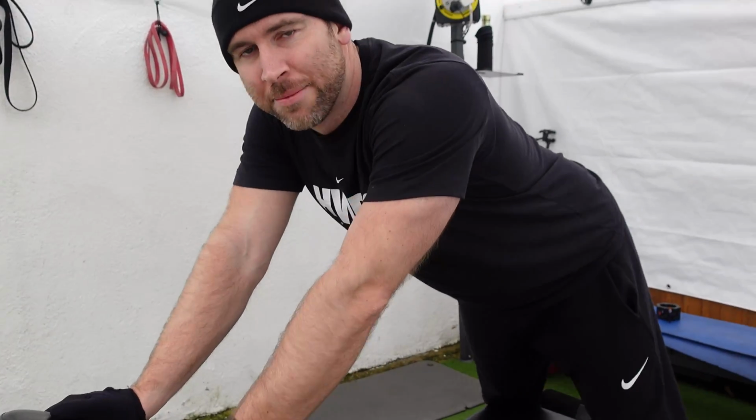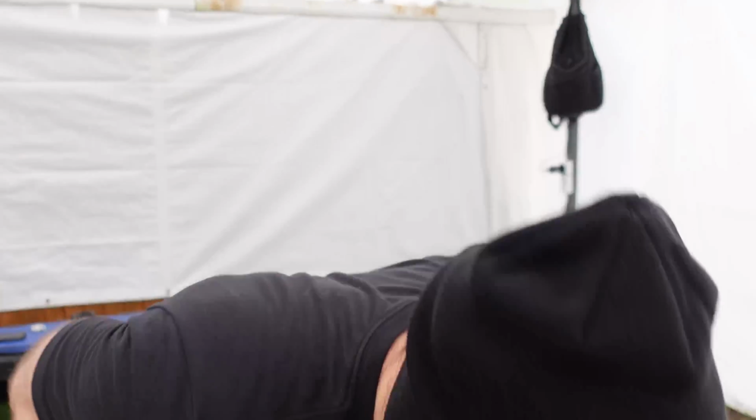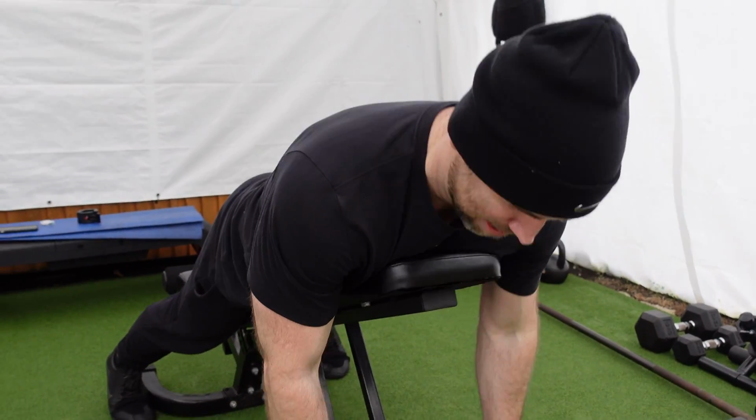The reason I like this is because you can have a nice solid chest position and really just focus on getting a big pull when you row, instead of rotating around. You'll stay quite even and you can really focus on getting the elbows back. Really good way to do a horizontal pull. So leg position first, head over, grab the dumbbells, then